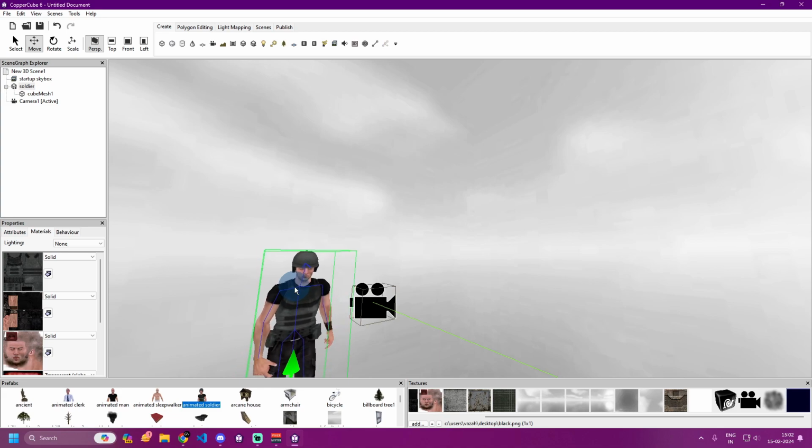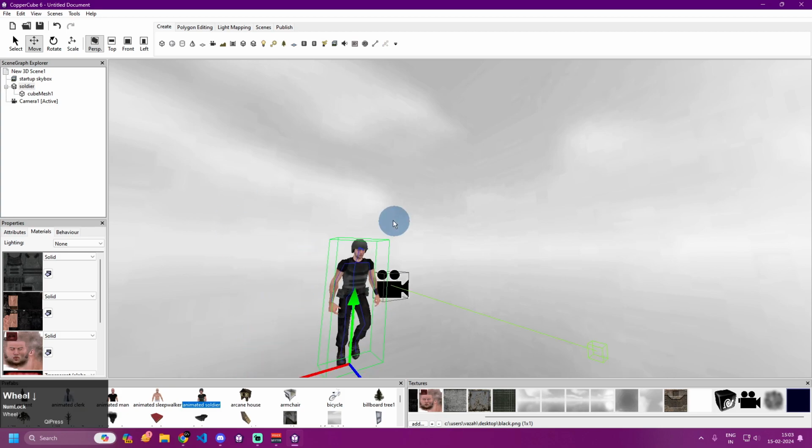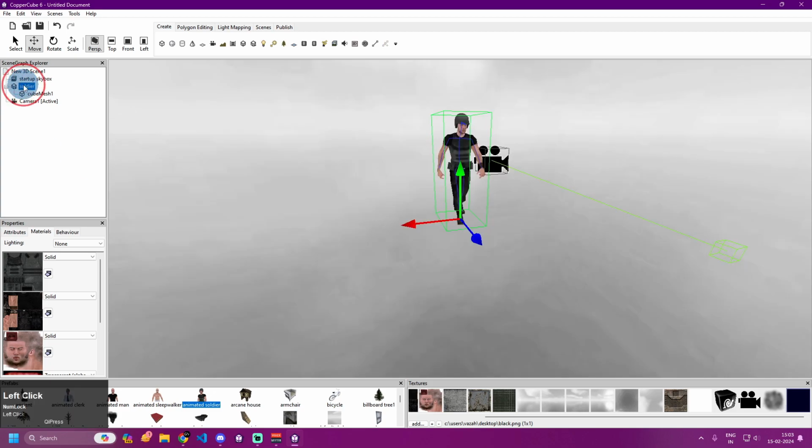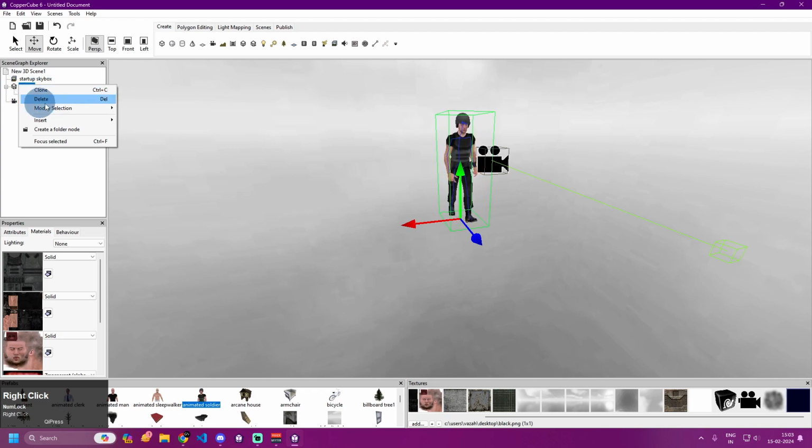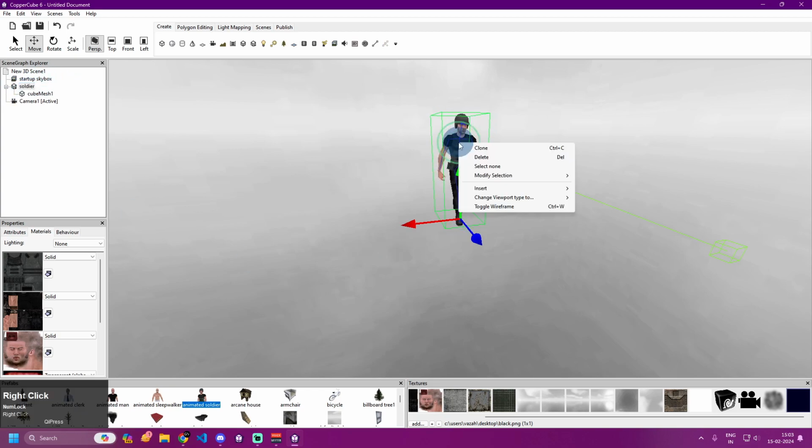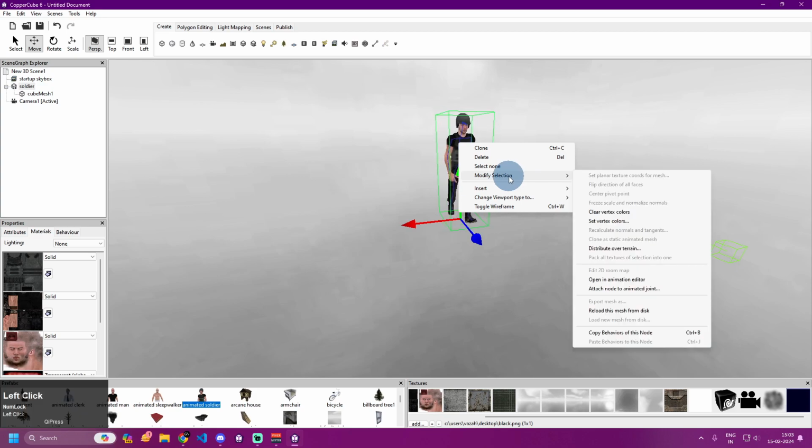But how do you merge them with animated objects in the CopperCube 3D game engine? It's pretty easy to do. All you have to do is select your animated object and then right click on it in the scene graph explorer. You can also right click over here and then go to modify selection, then attach node to